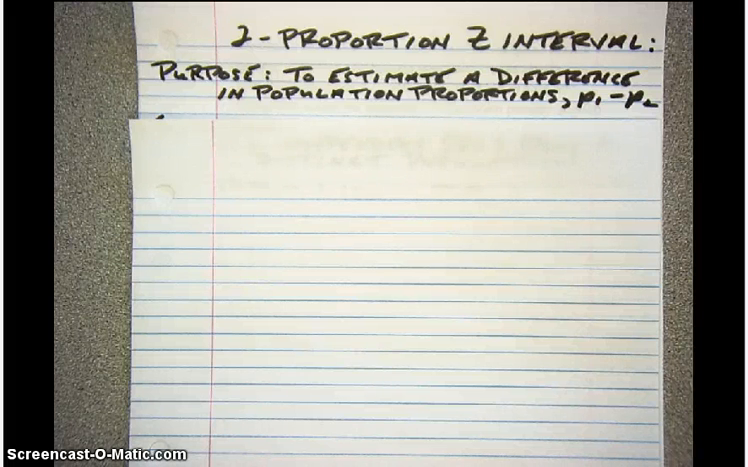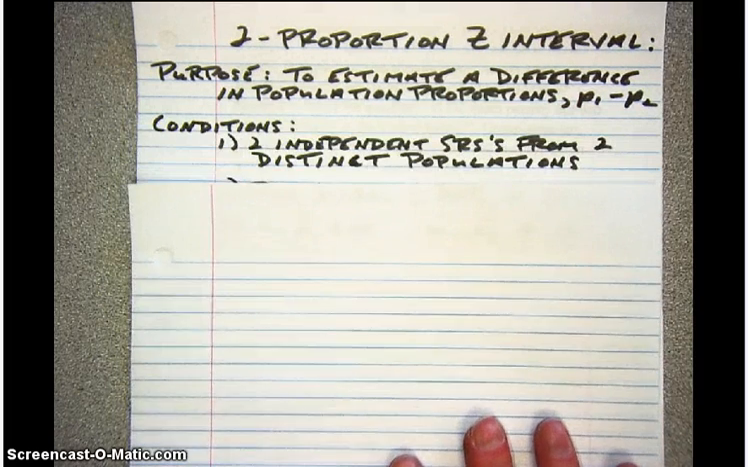Next, we're going to look at the two-proportion Z interval. The purpose of this interval is to estimate a difference in population proportions, p1 minus p2. This procedure is based on the sampling distribution for p1 hat minus p2 hat, and the conditions are consistent with